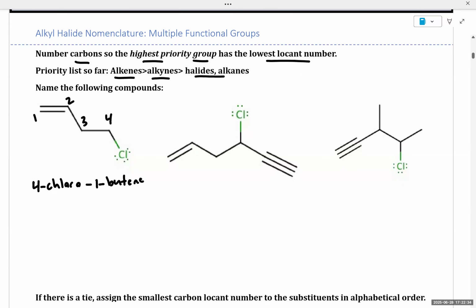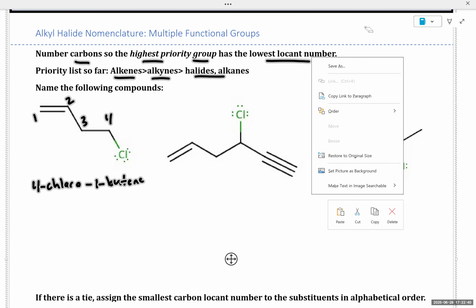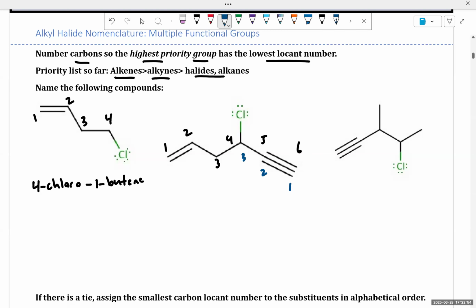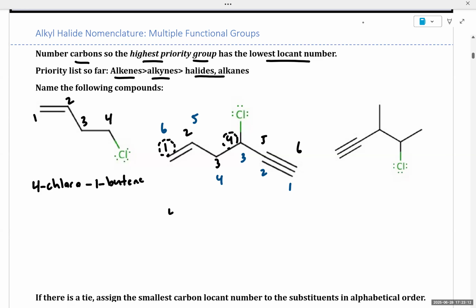Given what we've learned from this initial example, I'd like you to take a moment and try and name these next two compounds. So pause the video, work through these next two examples, and then we'll discuss. So in this case, we have a tie in locant number between the alkene and the alkyne. So we're going to choose the locant numbers in black because it gives the alkene the lowest locant number. Because if we have a tie between an alkene and an alkyne, the alkene takes priority. So we have a chloro group at the 4 position. So this would be 4-chloro,